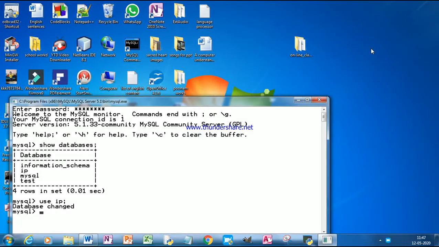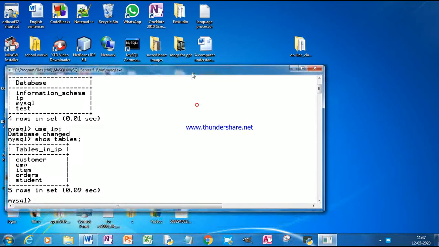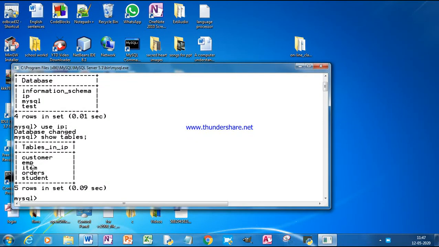For this you have to use the use command. Now show tables. In order to get the list of tables in a particular database, we use the show tables command. We have 5 tables, but we have to work on the EMP table.